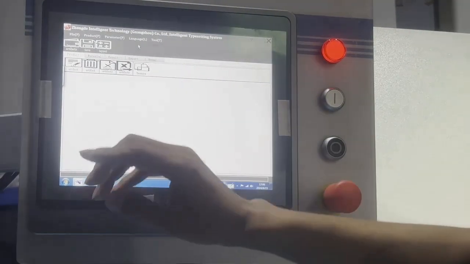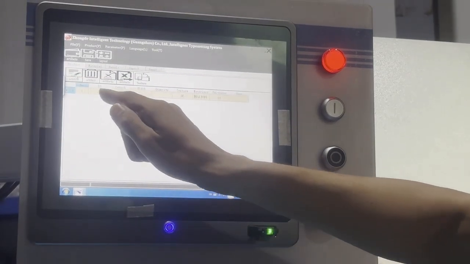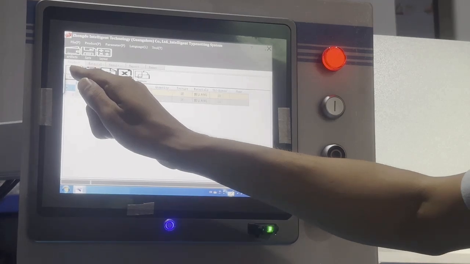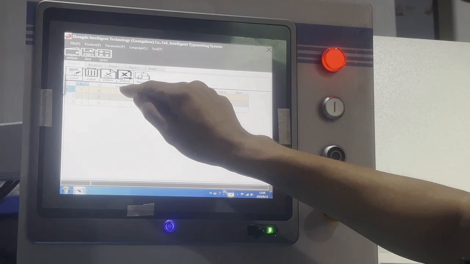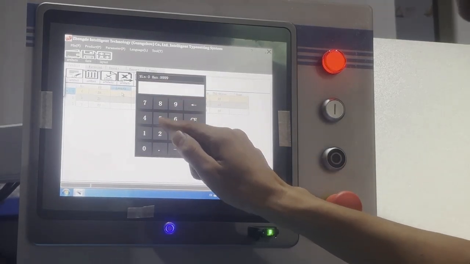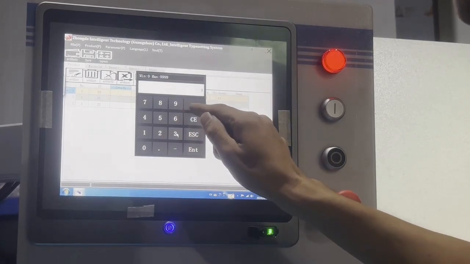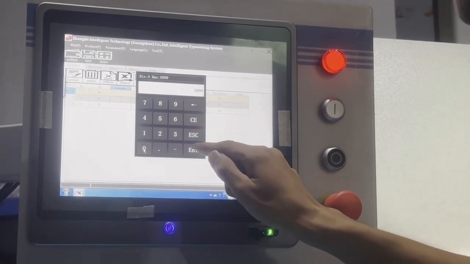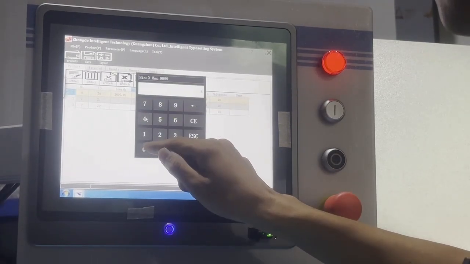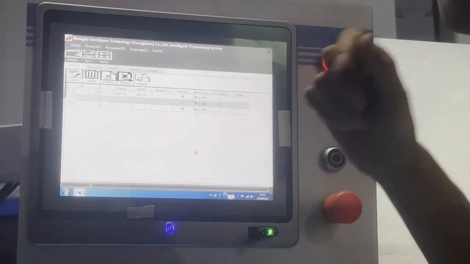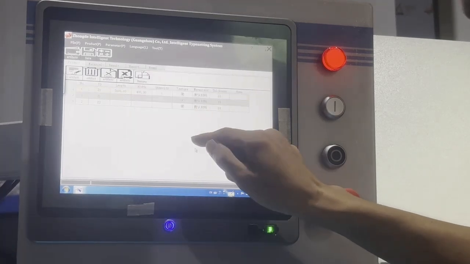And if we want to create some files, for example, we want to cut 3 pieces of panels. For example, length 2000 millimeters and the width 400. Quantity 1 piece,